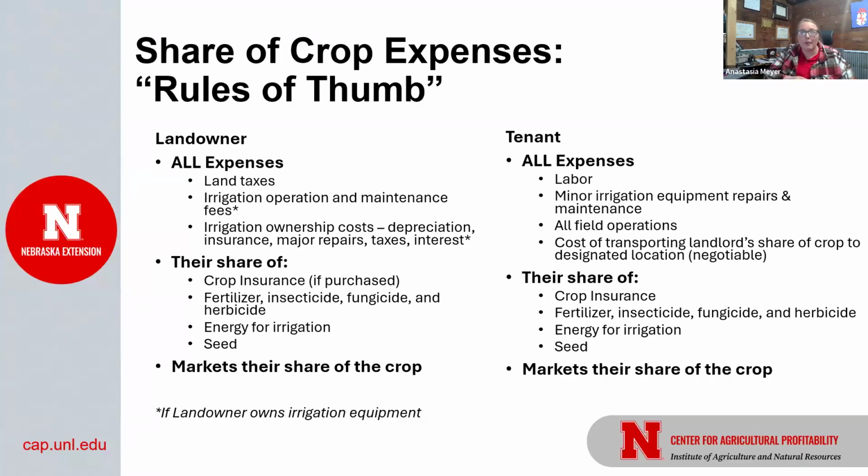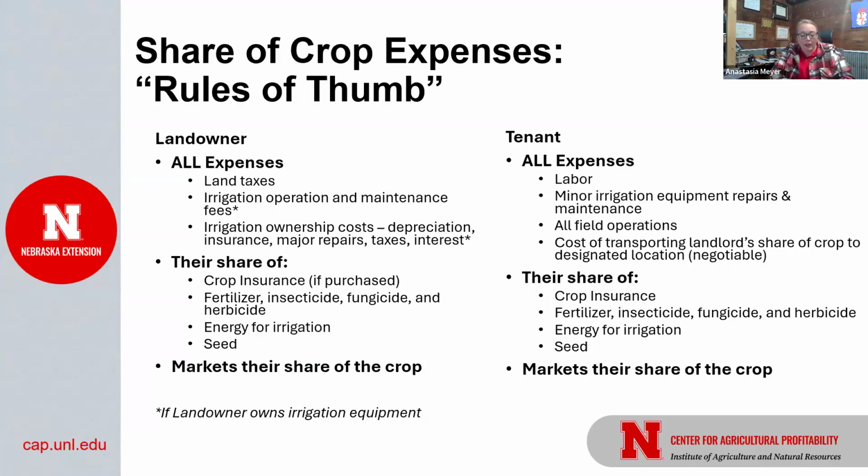A crop share is going to need a lot more communication than a basic cash rent arrangement. We're going to talk a lot about building the communication between a landowner and a tenant, and then each one is going to market their share of the crop. I hear a lot from landowners who are recently inheriting ground. They are in a crop share. It is oftentimes overwhelming for them because they have never written checks this large for different insecticide, fungicide, herbicide, whatever the case is, or they don't budget to pay for those taxes the next year.